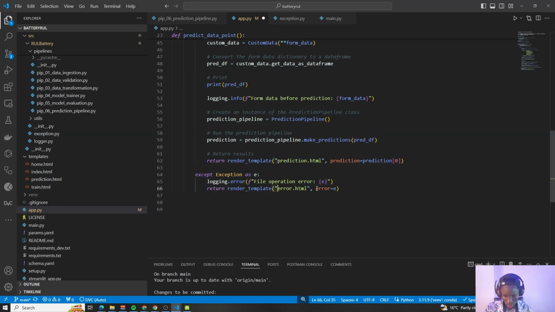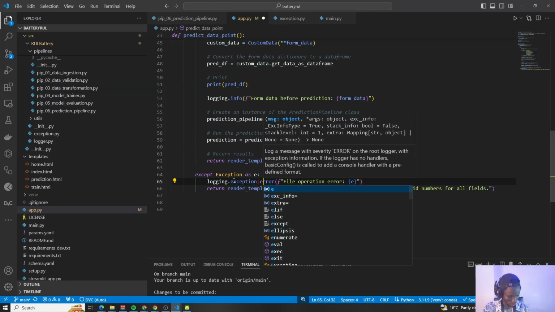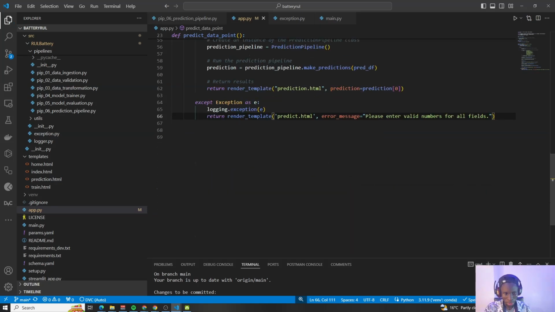So return a render template like this, exception, and we just specify like this. Then I return the render template error message: please enter valid number for all fields. So if we are having trouble inputting the necessary values, then from here it's just as simple. We can now